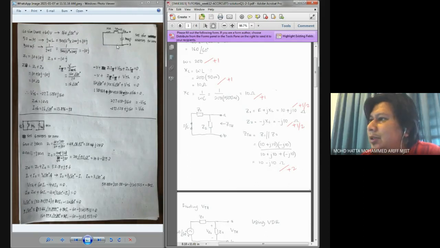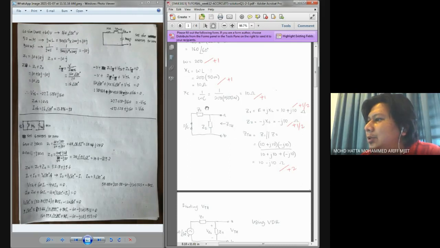Then this should be like a consolation extra mark for Wang. Although the solution over here, I believe, is wrong because Wang wrongly analyzed the connection of the elements in the circuit. Anyway, Wang,